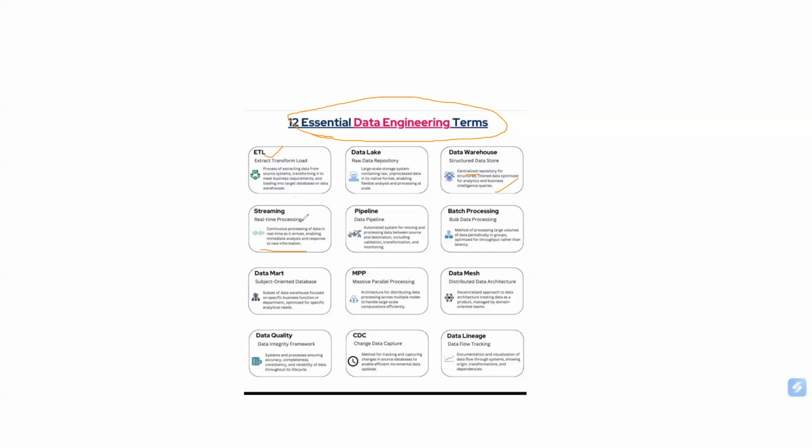Okay, streaming. I just talked about that. Streaming is real-time processing of data. As soon as the data comes into your input source, you try to get the data based on some event or some kind of automation. You pull the data into your pipeline, then process the data and store it into the data warehouse, which is a structured data store. All right. And a pipeline is an automated system, as I talked about, where your entire business logic is written in a technical format, and it is responsible to get the data from the source, load it, process it, transform it, and then store it in the processed format.